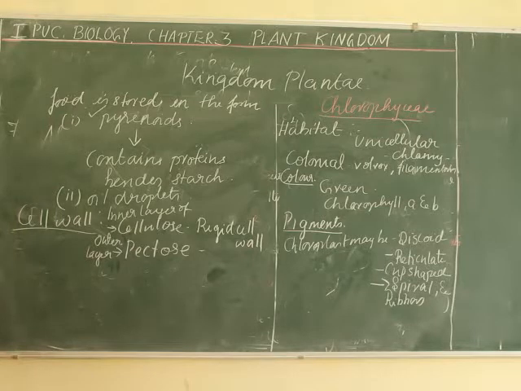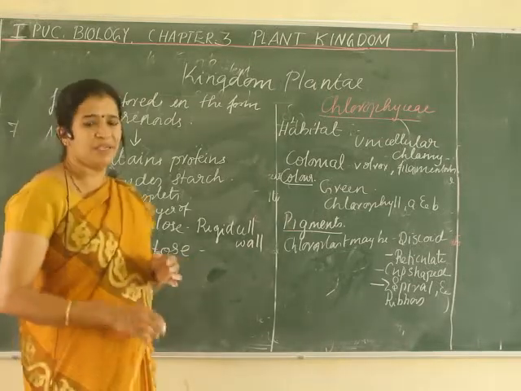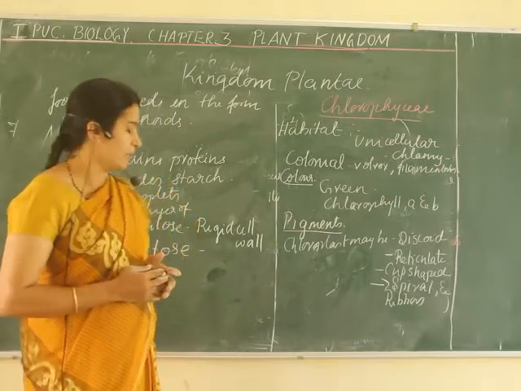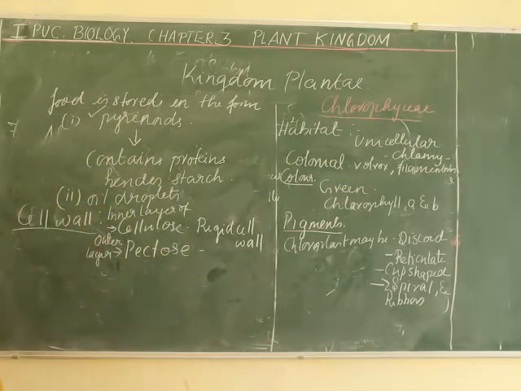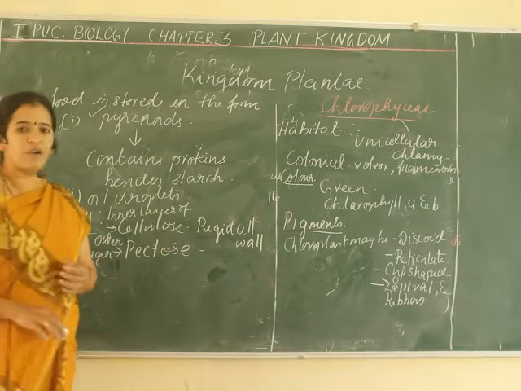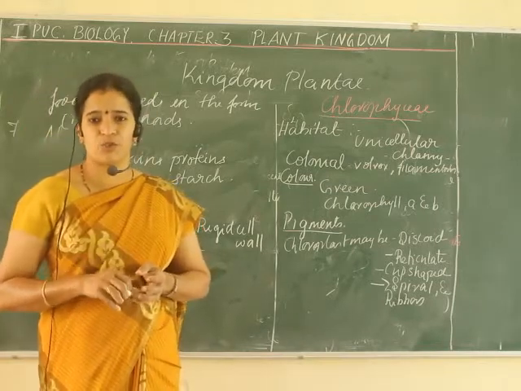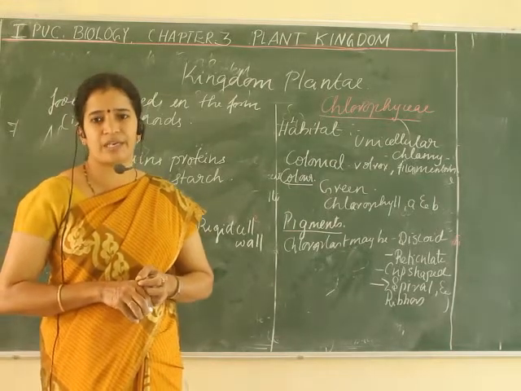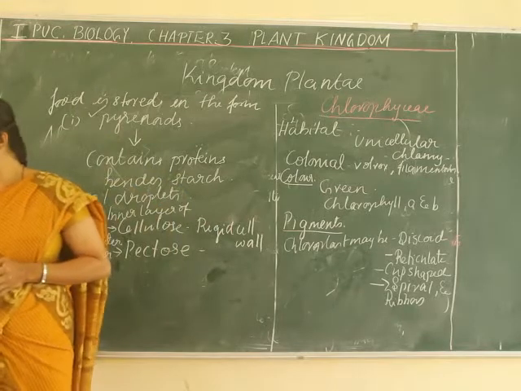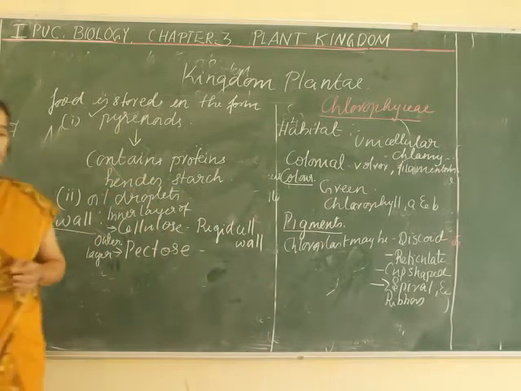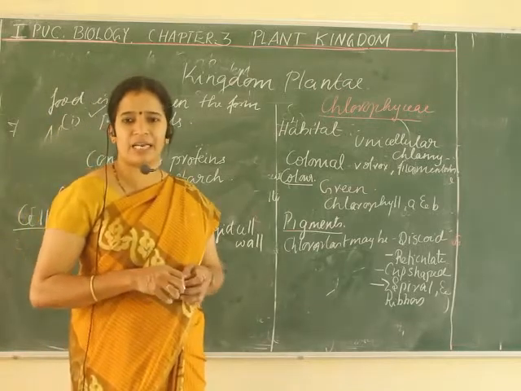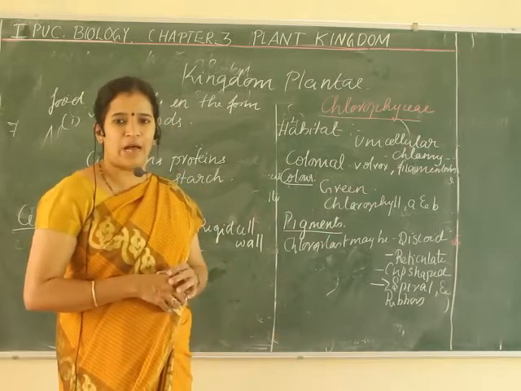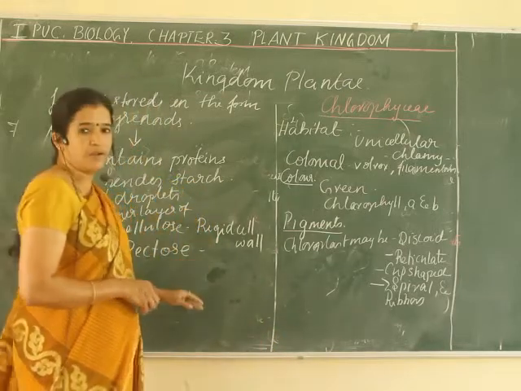Now, reproduction in the green algae is the same: fragmentation, then asexual reproduction, and sexual reproduction are also seen here. Vegetative reproduction is by the formation of fragments, then also spores. Asexual reproduction is carried out by the formation of zoospores. Sexual reproduction is carried out by isogamous, anisogamous and oogamous types. I'm not going to teach those types of reproduction again, as that is the same as you learnt in the beginning of the algae features. So these are the features of algae.